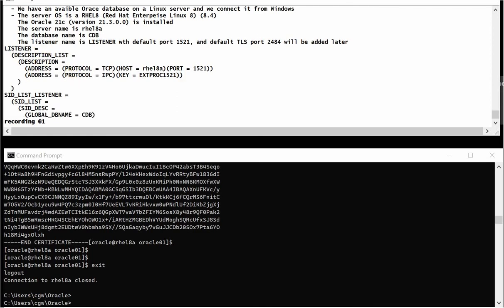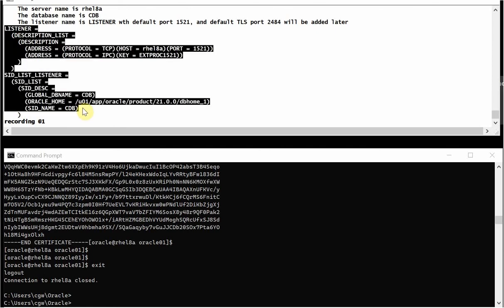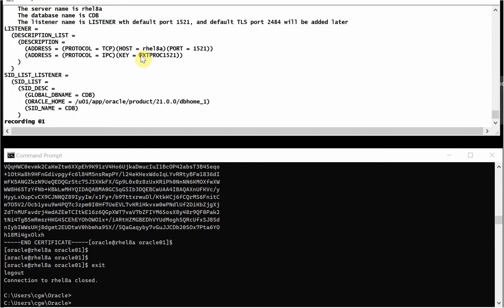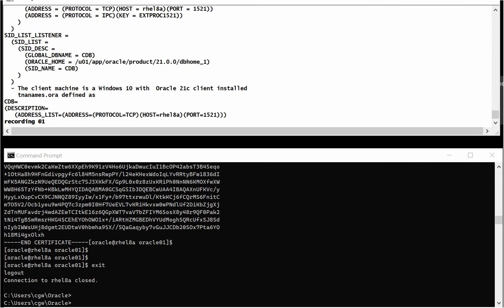You can see it is very simple, a basic TLS listener definition. It was started to listen on the port, and the database name is going to be CDB. We're going to do a connection test. On the client machine, which is just a typical laptop,